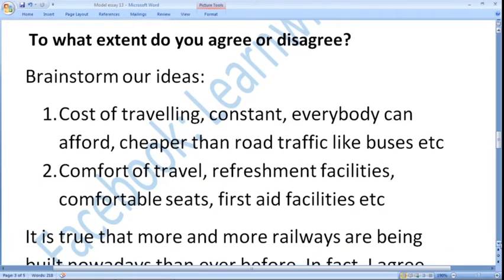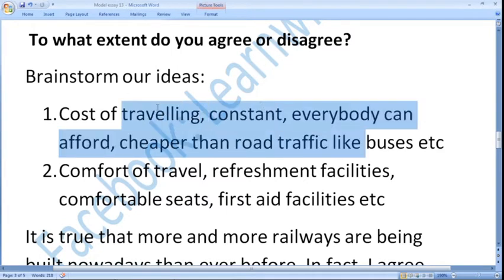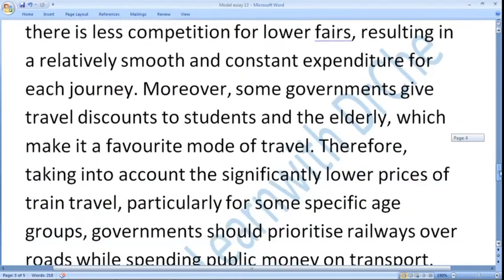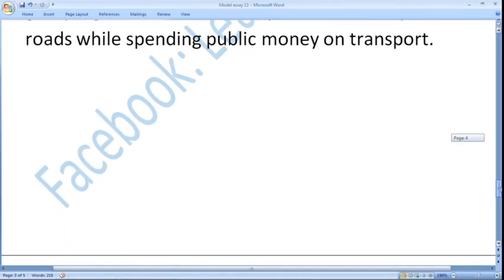This was my brainstorming. I have written body paragraph number 1 related to idea number 1. Now I am going to write body paragraph 2 related to idea 2. Comfort of travel, refreshment facilities, comfortable seats, first aid facilities and other things that you can say about the benefits of giving preference to railways over other transport such as roads. So my second reason is, I could start from secondly or